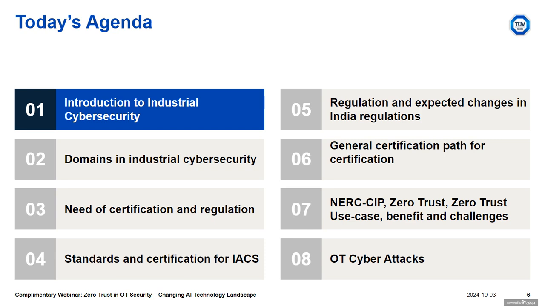This would be an interesting topic for today. We will explore the rationale behind cybersecurity certifications and regulations for industrial cybersecurity. It might discuss how these frameworks help ensure a minimum level of security posture and promote best practices. Standards and certification for ICS: here we are likely to learn about establishing the standards and the certification program, the conformity assessments, which are part of industrial automation, where, for example, various standards and conformity schemes are available, like 62443.